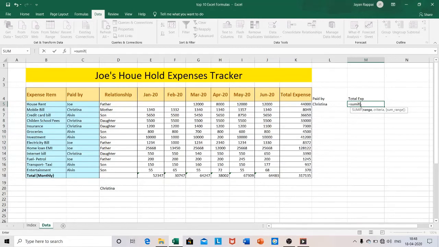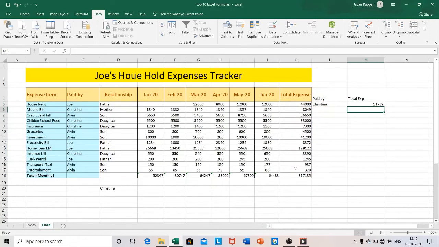So the equation is, first I need to take the range. My range is this one. The range is the names of all the people who did the transaction, then comma, then I need to select this drop down list. Then I need to select where I will get the result. So my result is going to come here,